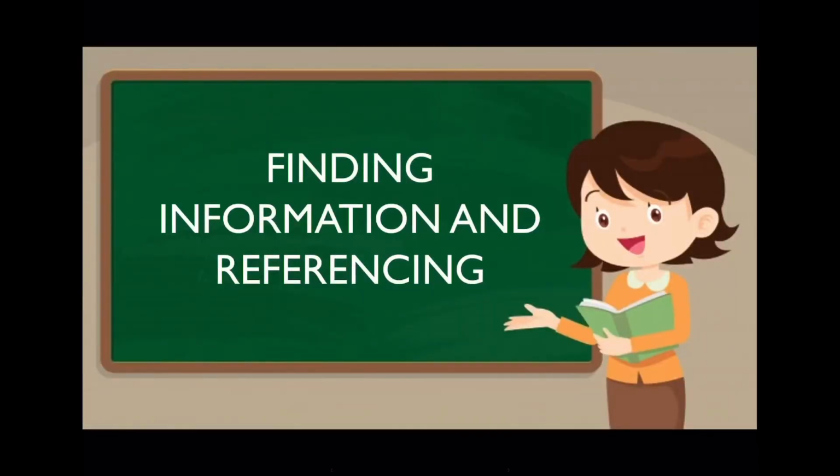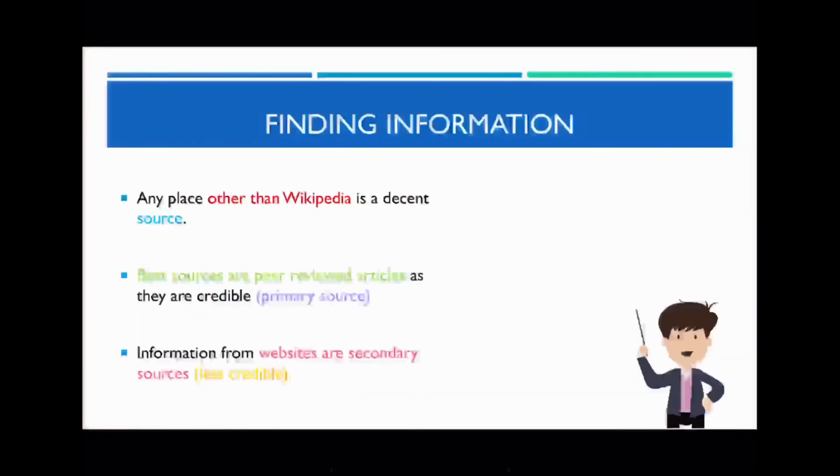Now, the last thing that I want to talk about in today's lesson is how you're going to be finding information and referencing it in your report. Firstly, how are you finding information? Any place that you get your information from other than Wikipedia is considered to be a decent website, okay? But if you want to find really accurate information, the best places are where you find peer-reviewed articles, okay? These are your journal articles, and they're highly credible because they are considered to be a primary source. These people did the actual research themselves, and because of that, this is a very highly reputable,